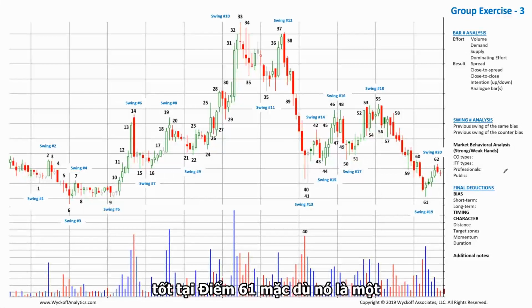Well, at point 61, although it is a bullish bar and it's finishing near the top on its close, in terms of the recent activity, it hasn't really accomplished very much yet. There is some demand. I guess the other factor that I'd look at is there is a fairly big